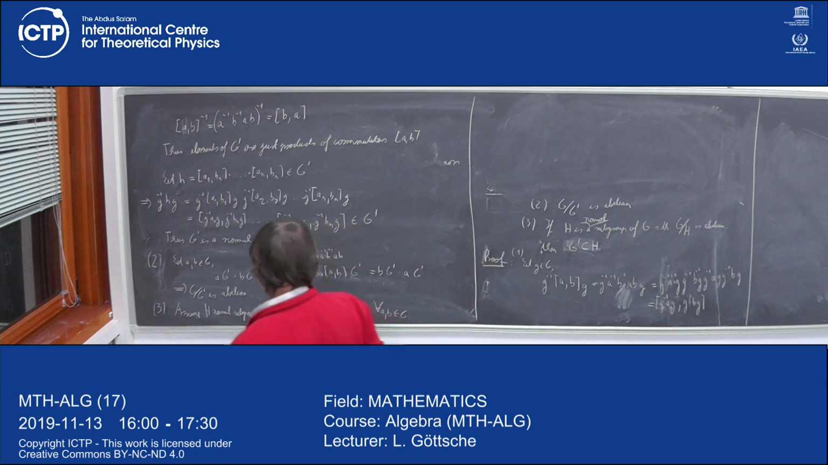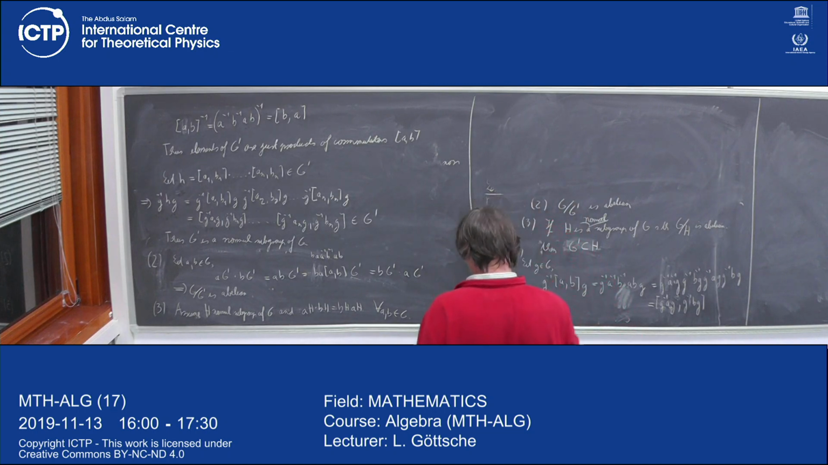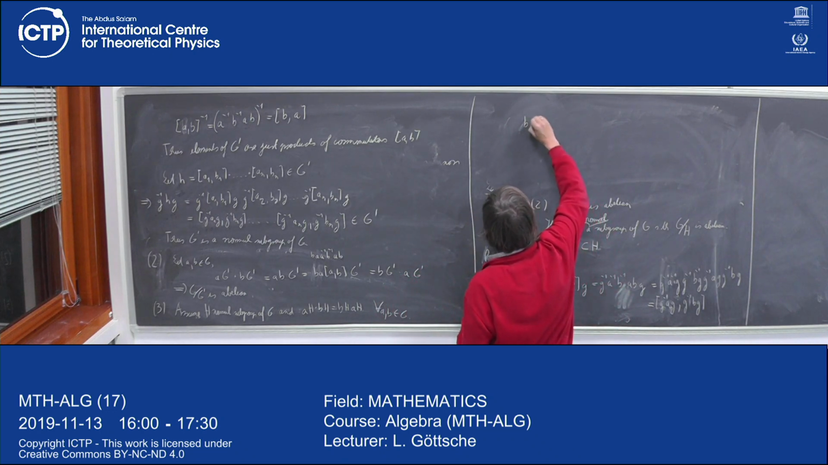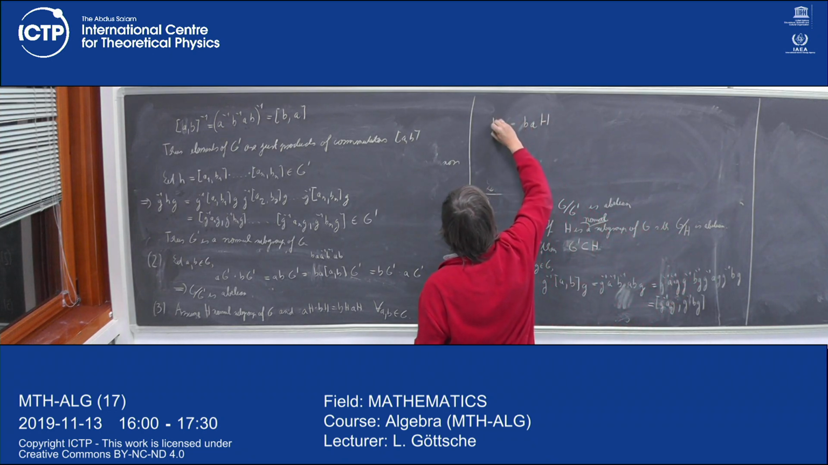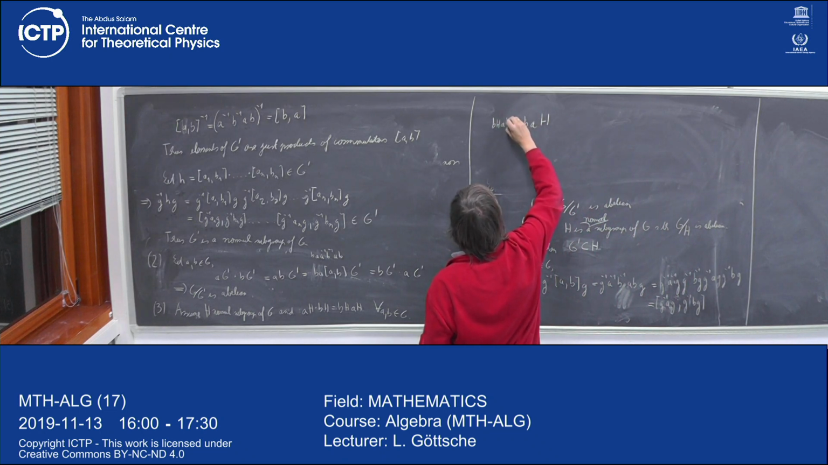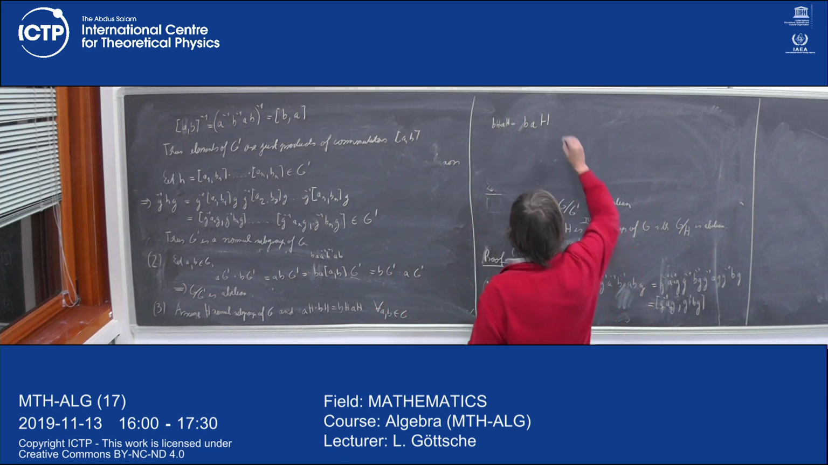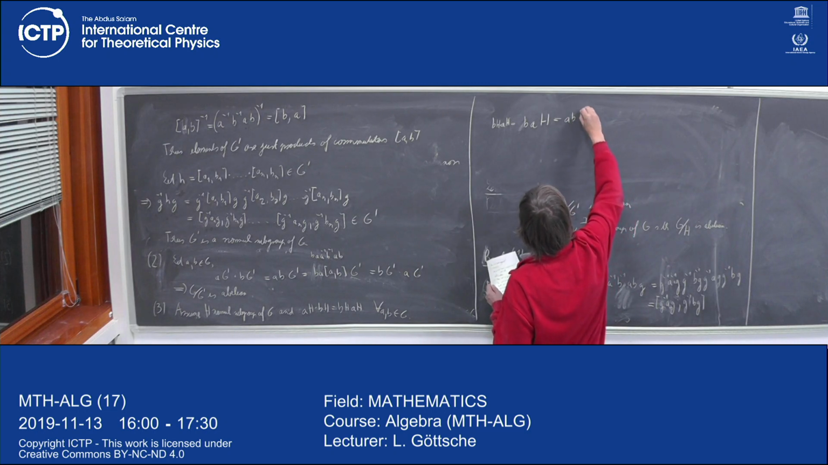So then basically we can use the same argument again. So if I take BAH, this is BH times AH. This is equal, by the story, to AB times H,